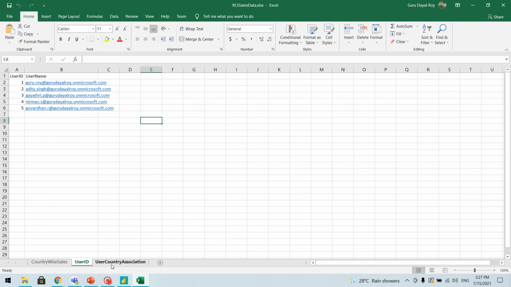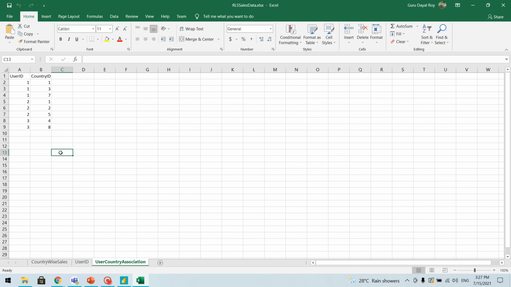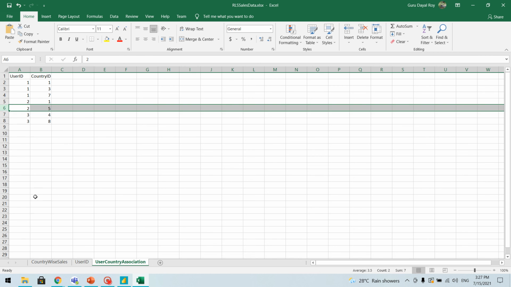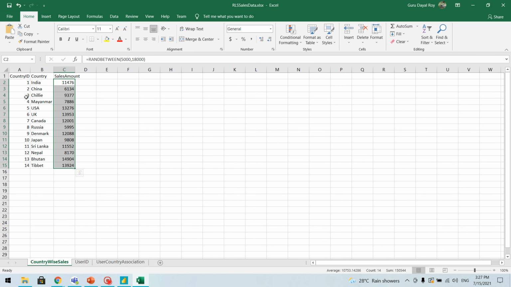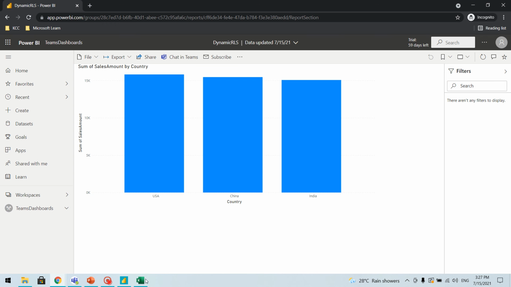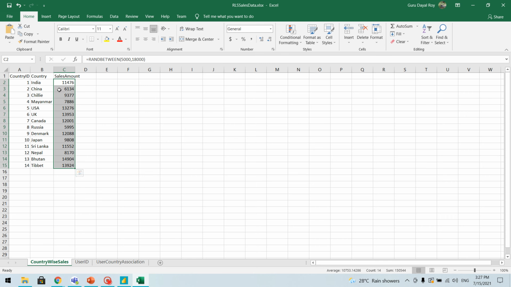Here, if we want to remove the user ID 2 association, we want to remove this row, so country ID 2, that is China. Right now, if you see, it shows data for China as well. But I have changed that.